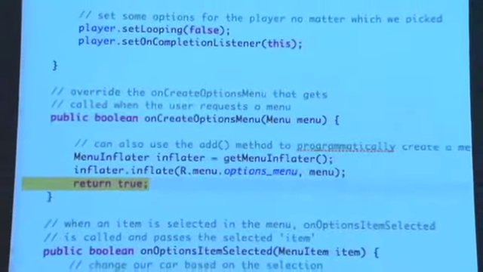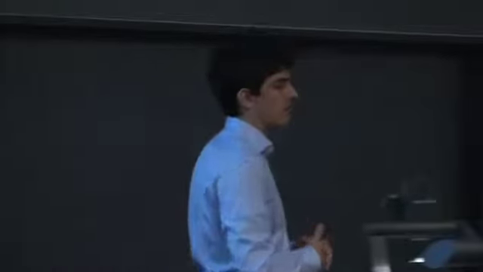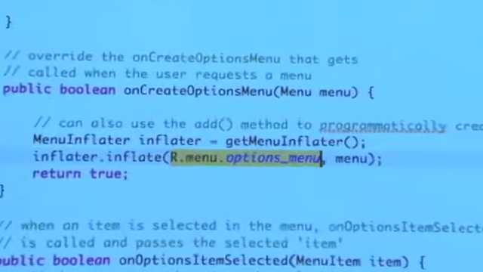And this is one of those examples where, yeah, it perhaps gets a little bit hard to wrap your brain around it at first because nowhere do you actually see where this method is actually being called. It's happening all behind the scenes. But as long as you understand that this does exist and that this method is what will be called by the Android OS when the user pushes the menu button, then hopefully it makes a little bit more sense. So notice here that what we are inflating is this resource right here,